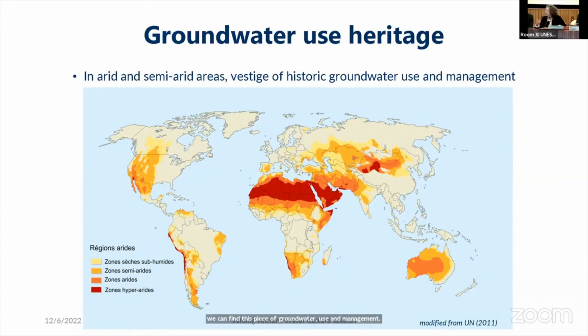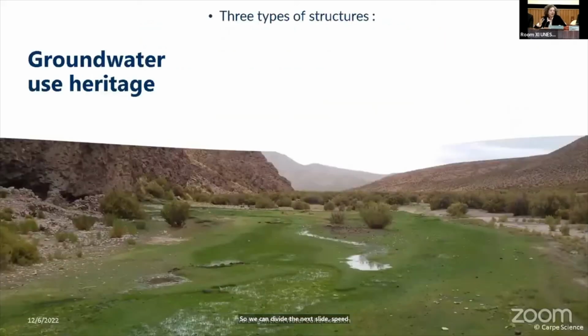So we can divide those vestiges into three big types of structures. The first are structures used to store water by implementing systems which facilitate groundwater recharge. The second type are structures used to retain water by improving infiltration, drainage, and using the capacity of natural reservoirs like wetlands. And the third are structures used to collect water by developing systems